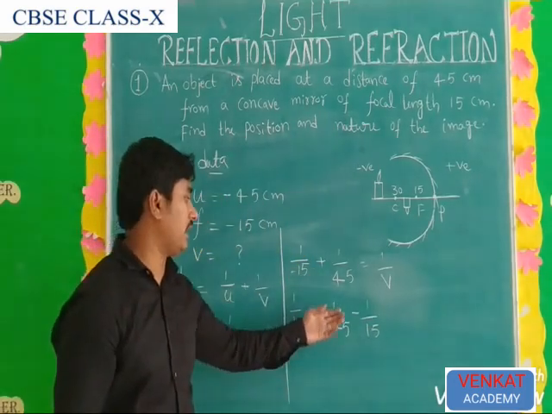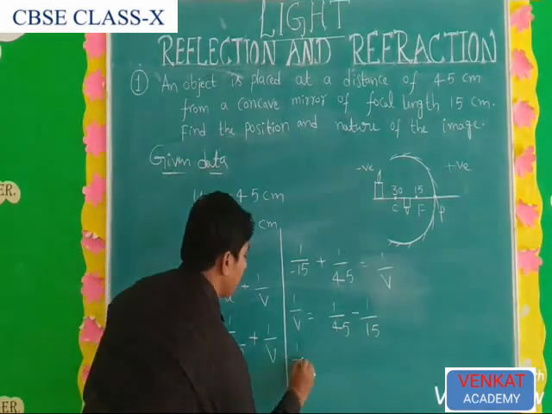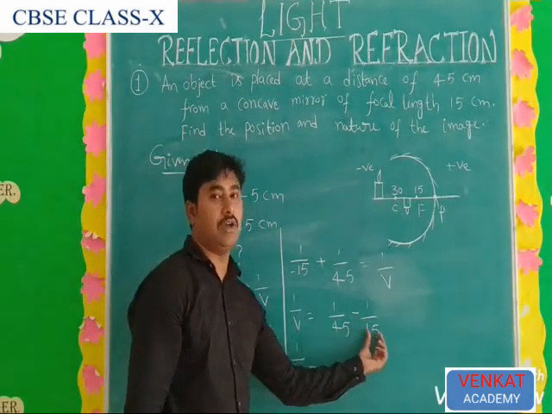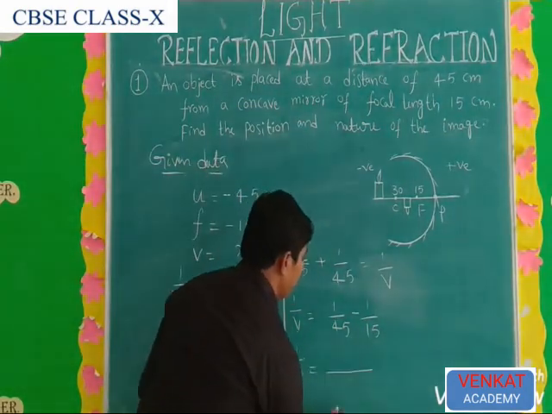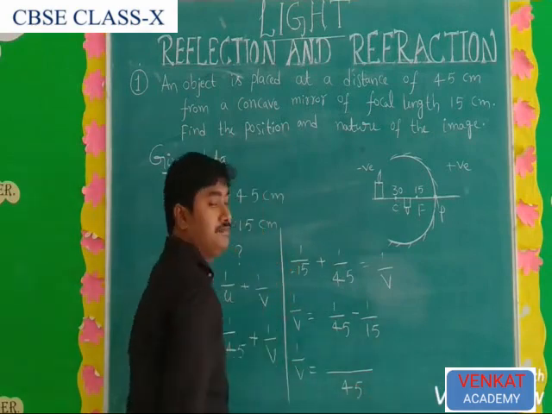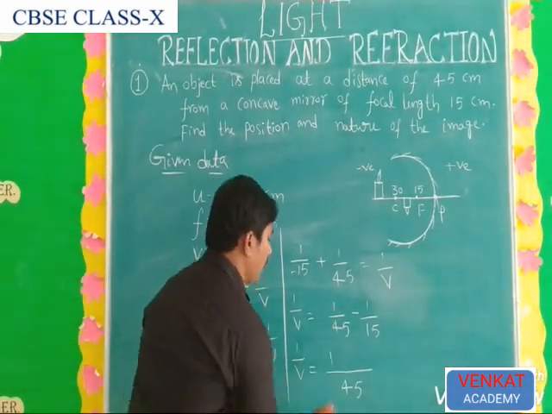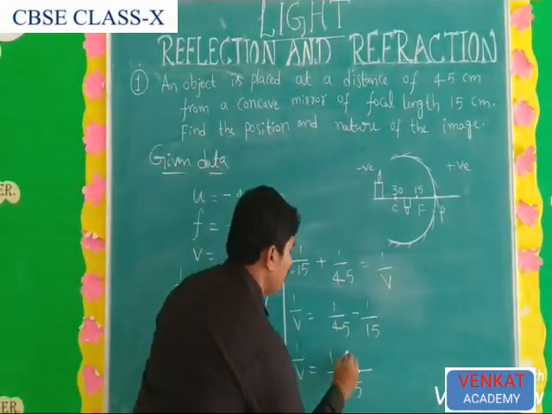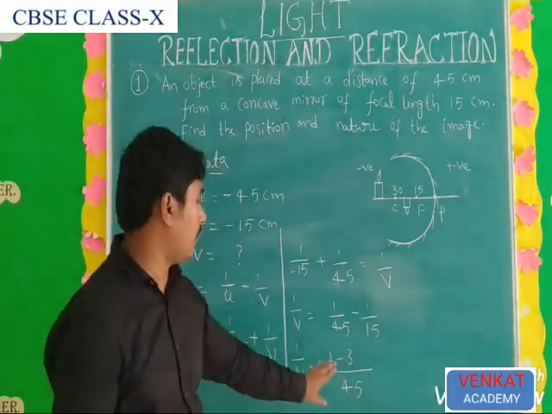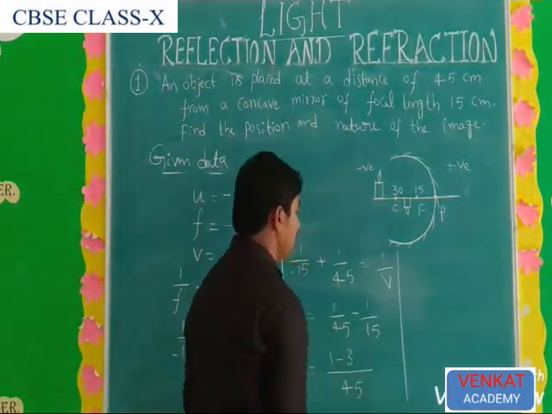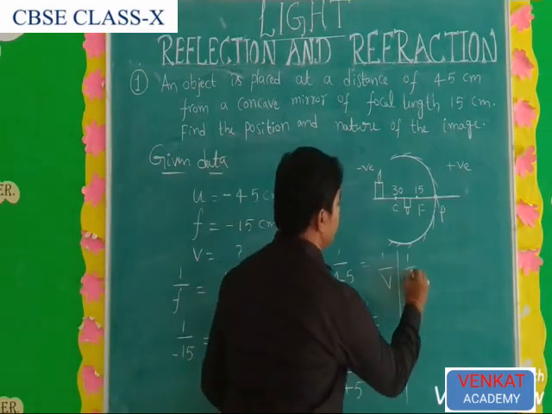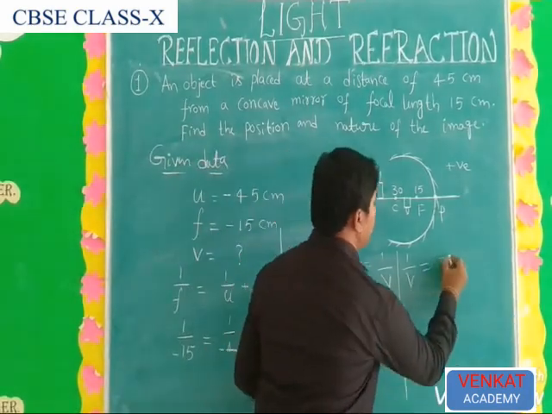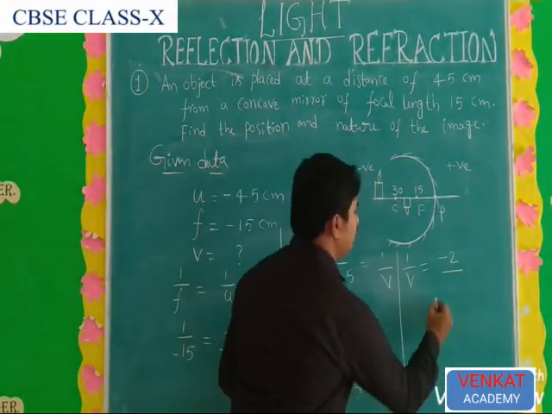Okay. This one is the same only, just written in normal condition. So now 1 by v equal to. So what is the LCM of 45 and 15? You already know LCMs. So what is the LCM of 45 and 15? You should take 45 only. So here 45 ones are 45, 1 minus 15 threes, 3 into 1 is 3. It means what you get? 1 minus 3. Yes. Now 1 by v is equal to 1 minus 3. 1 minus 3 how much? Minus 2 by 45.